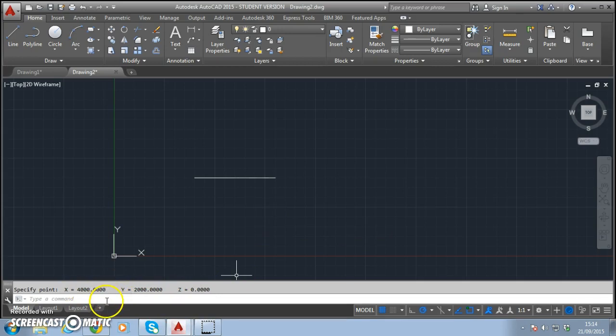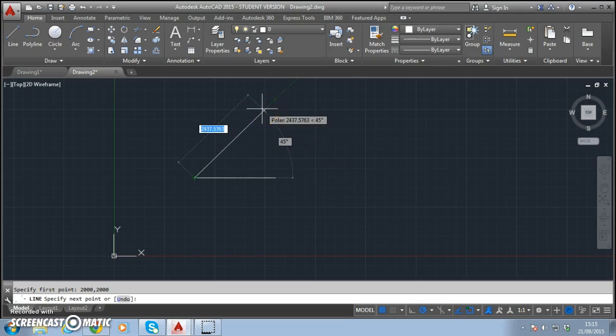The next system I can use is the relative system. So again, if we wanted to draw a line from, we go line, enter, then this is using the relative system, and I'm going to draw a line from the first point, so it's 2000, comma 2000, and then I'm going to put in, because I want to go 2000 along the x-axis and 2000 along the y-axis, so it should bring us up to about here. And I know that point, I could work that point out because it's 2000 from the origin here, and it's 2000, so it'll be 4000, 4000,